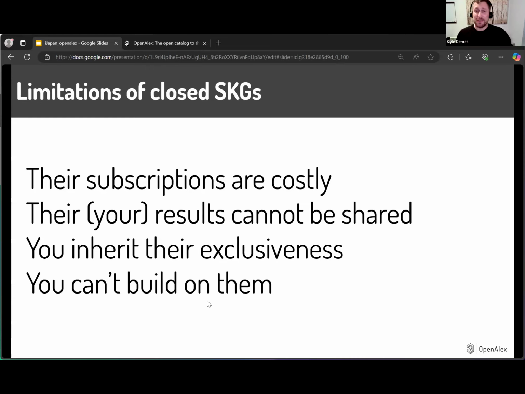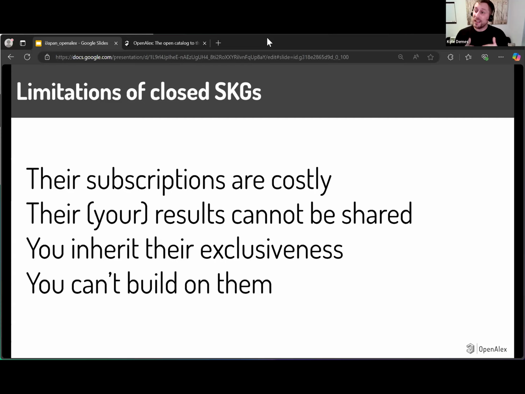I won't spend too much time talking on this, but even for institutions who are committed to open science, there are other limitations that are good to know about with these closed SKGs. Their subscriptions are costly, and they get more expensive every year. Their results can't be shared. So if you're a researcher studying research on research or the science of science, you can't share your results.